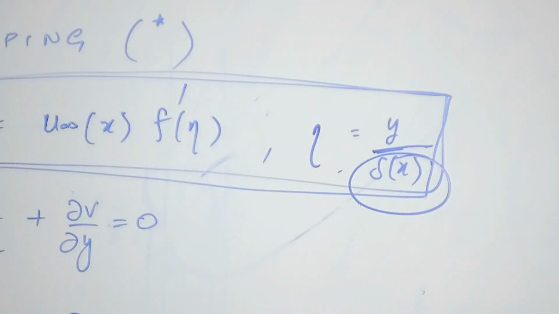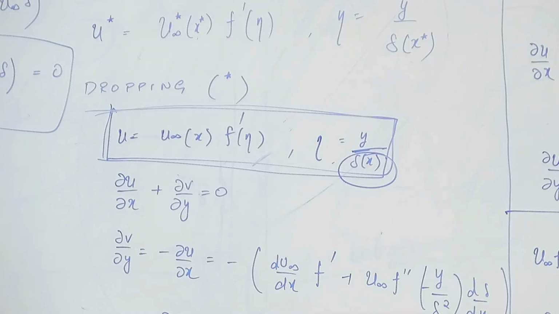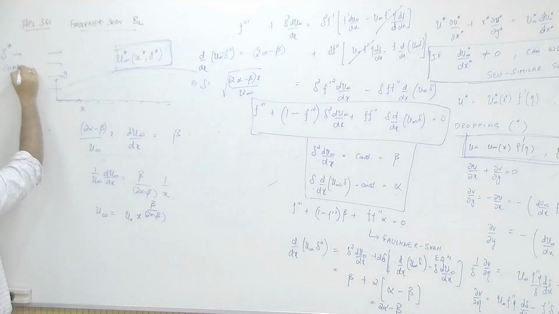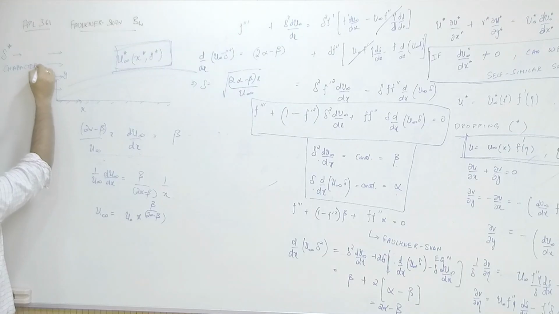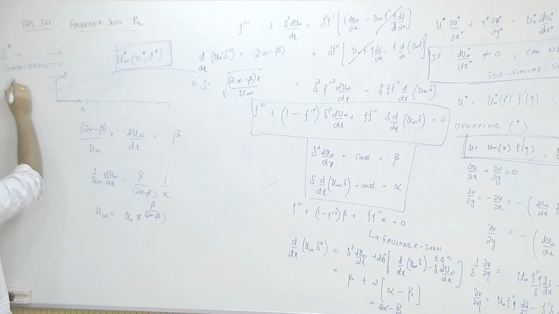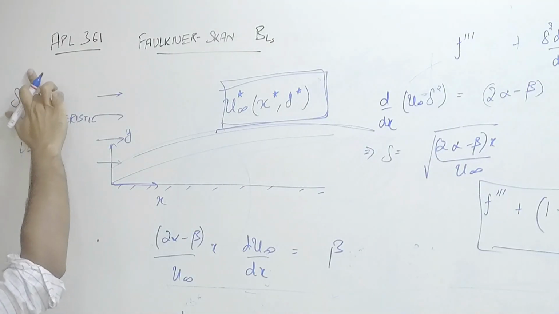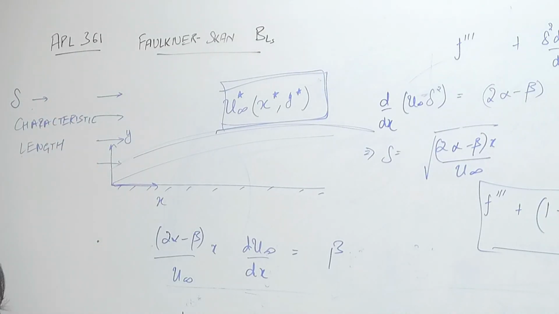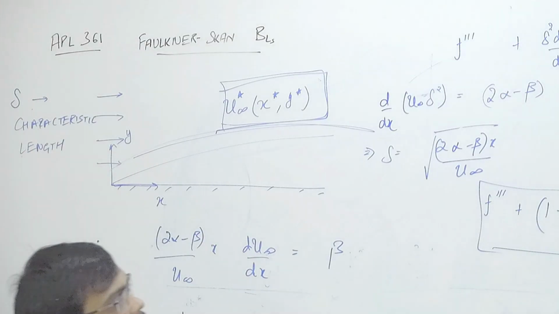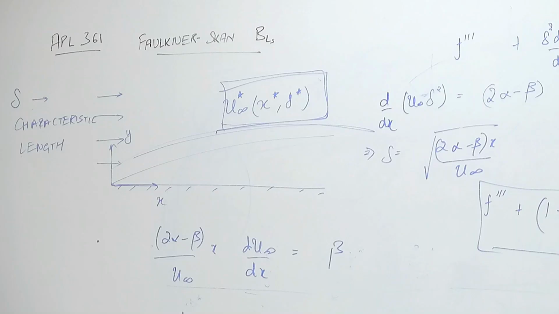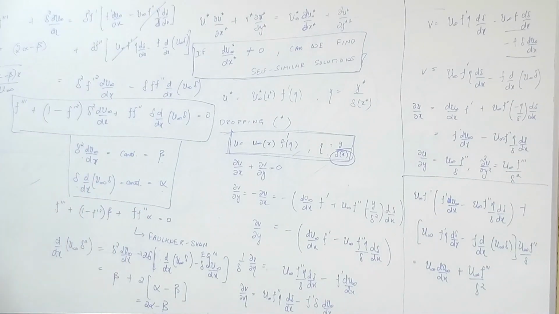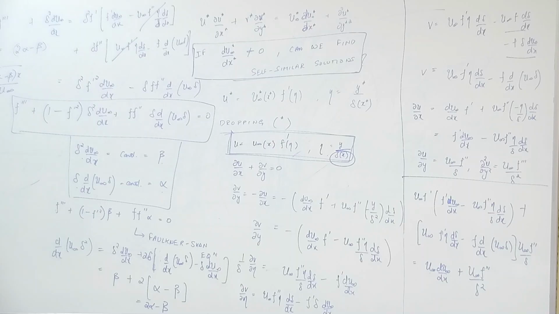That is what we assumed from the beginning, no? This delta is different from that delta star, which was the characteristic length. If we took it delta star or delta, what was it? Delta, okay, that was different. Technically here you don't see stars because I am dropping the stars, so technically that should be delta star, and that delta star